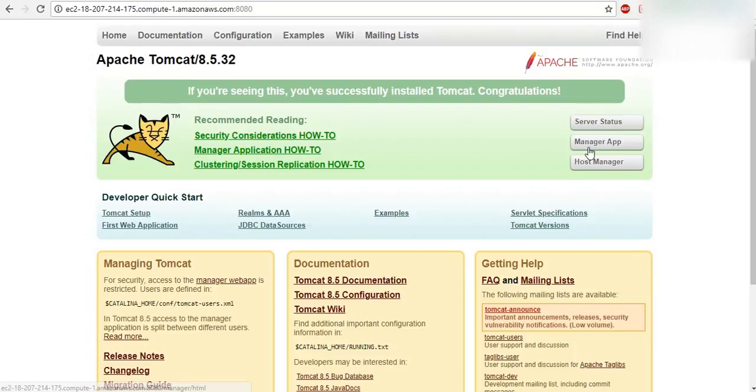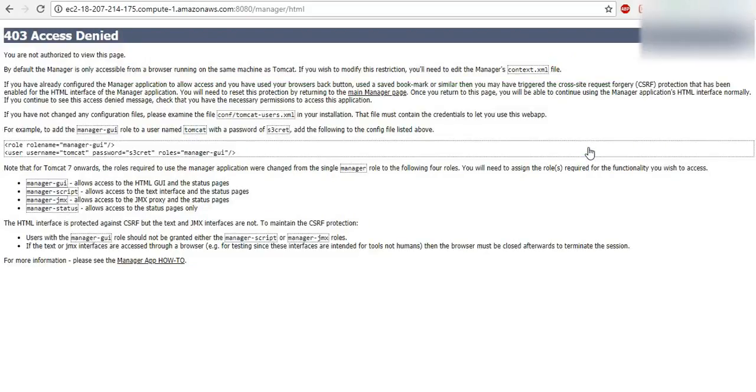Now Guru, tell me, if I click on manager app, will I see the manager? No, it will ask for. Okay, so if I click on manager app, what will happen, Guru? Tell me, press it. It will give a prompt. Okay, once I give the username password, then we'll be able to see manager app, right? Let's do that. It didn't ask me username password. Why? Permissions. I gave all the roles. I gave the same for 7.7 and the same for this.